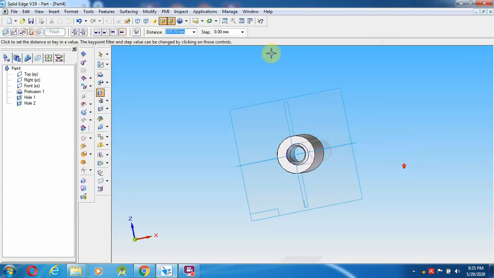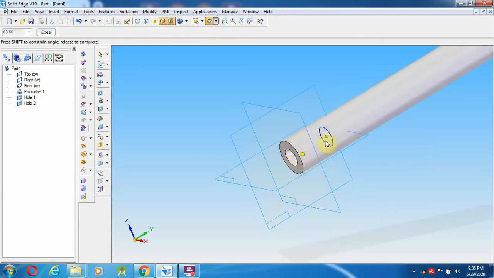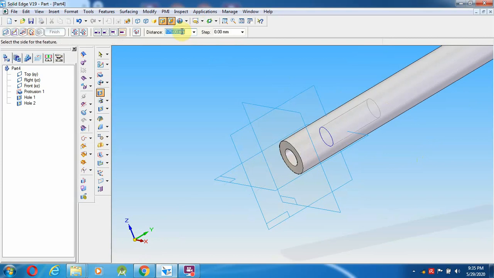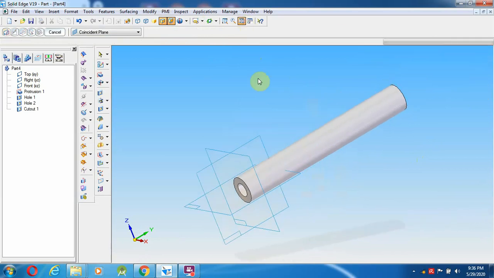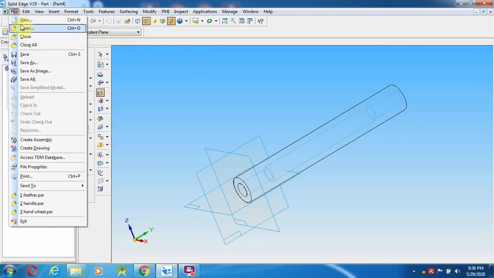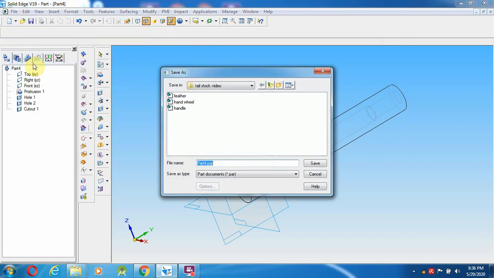Rotate right towards that side. The distance is 175 mm towards that side, left and right click, give fit. So we can see with the wireframe model that everything we have done is as per whatever was given in the part drawing sheet. Once you have completed this, you can save the drawing as per the part name.